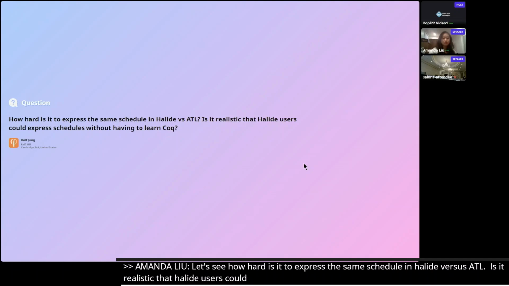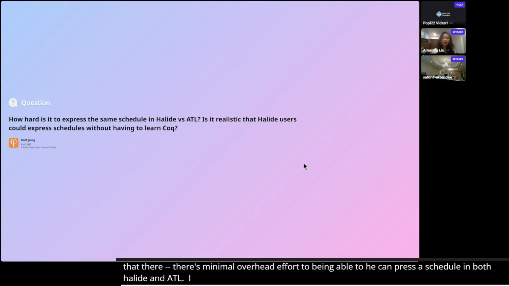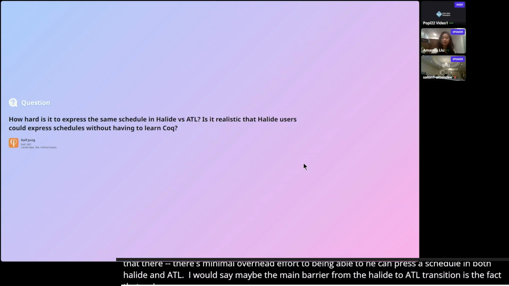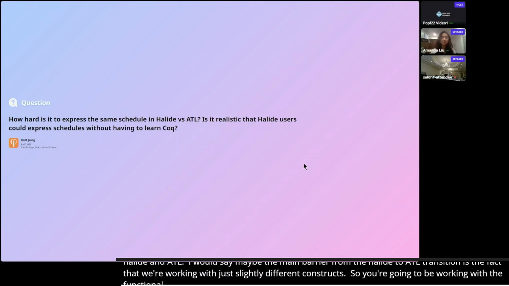So I would say that there's minimal overhead effort to be able to express a schedule in both Halide and ATL. Maybe the main barrier from the Halide to ATL transition would just be the fact that we're working with slightly different constructs, so you're going to be working with the functional version that we presented before.